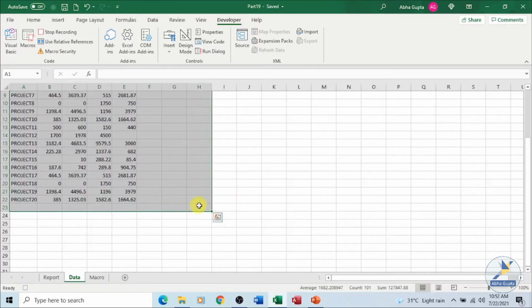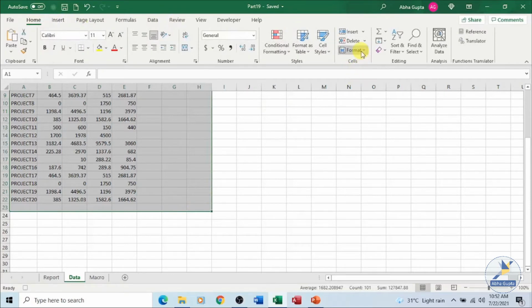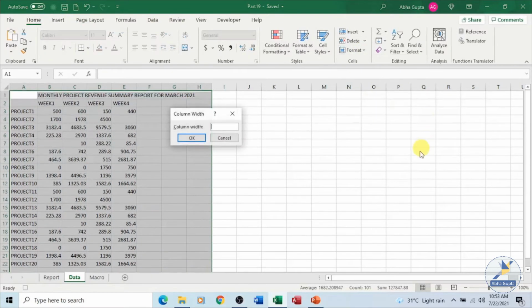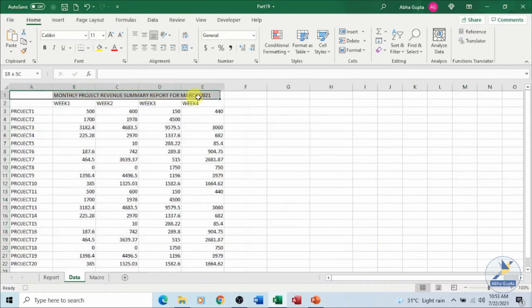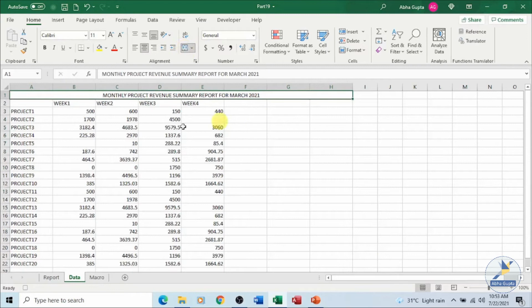Say these are the cells which I am about to use. Let us format the column width, say let's make it 15. Let's have the data in this manner. Maybe I want to add totals or average or whatever, that can be done later on. And we want to merge it in the center. Here we have this data, we'll change it later on.